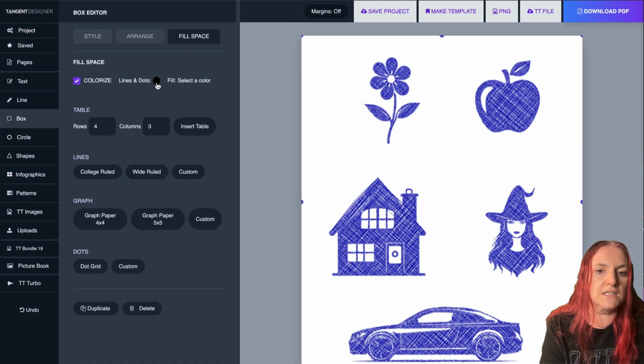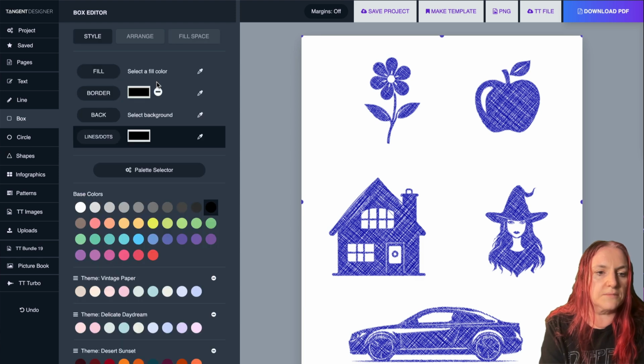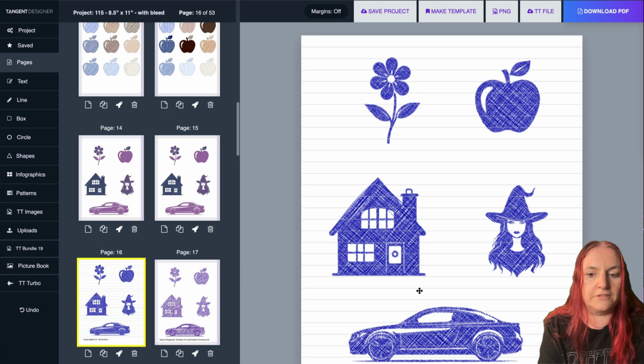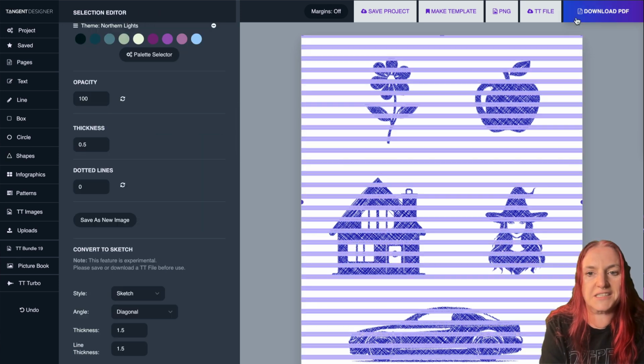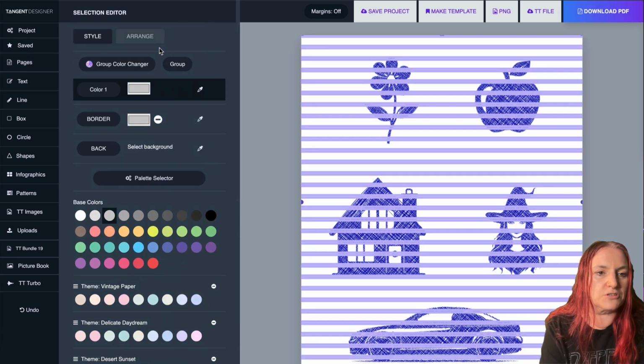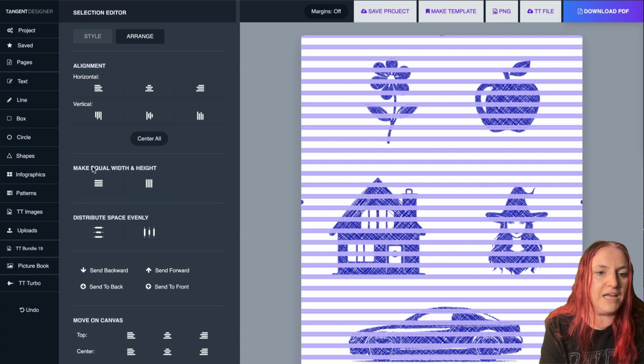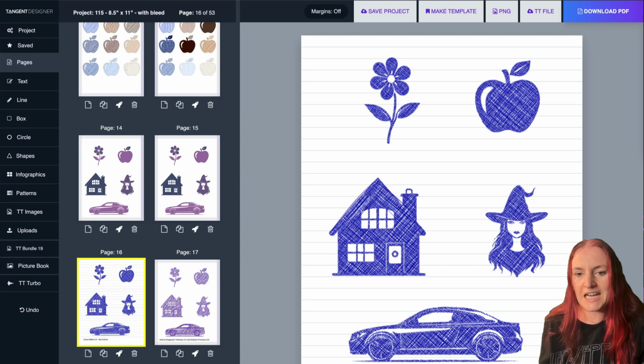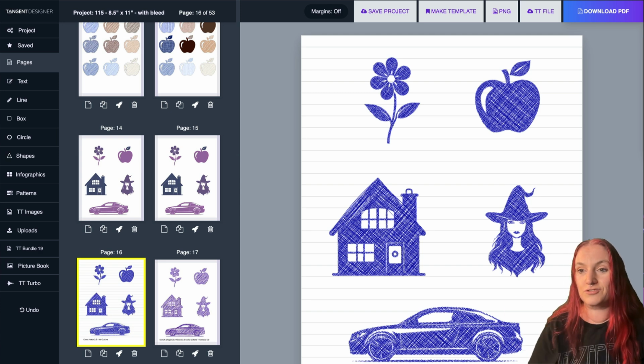Fill space. Going to choose my lines and dots. I'm going to make those grey, like that. And now I'm going to fill my space with, let's do wide rule. So now it looks like an exercise book. And I'm just going to make sure those lines are at the back. So the way I do that is just go to the Arrange tab, send to back. And check it out. It looks like an exercise book that someone's sort of drawn some